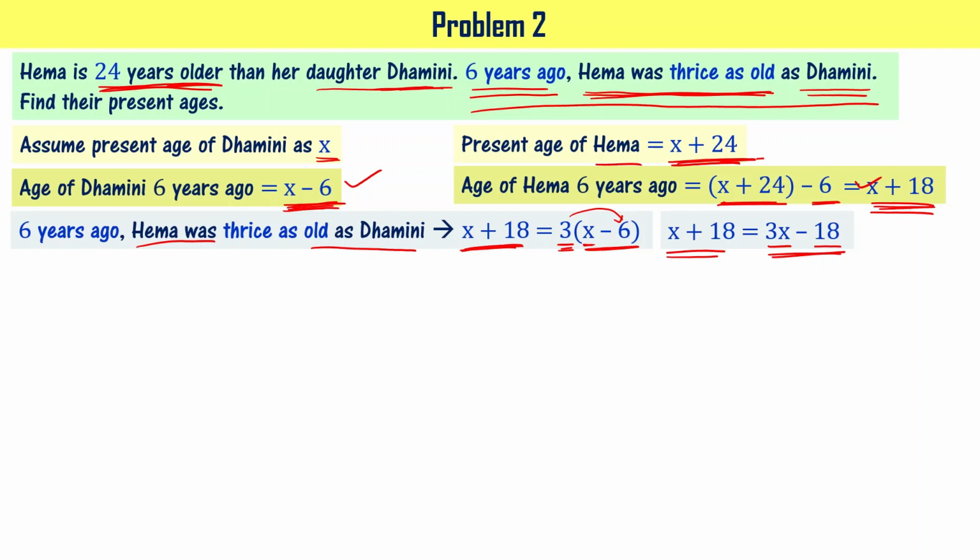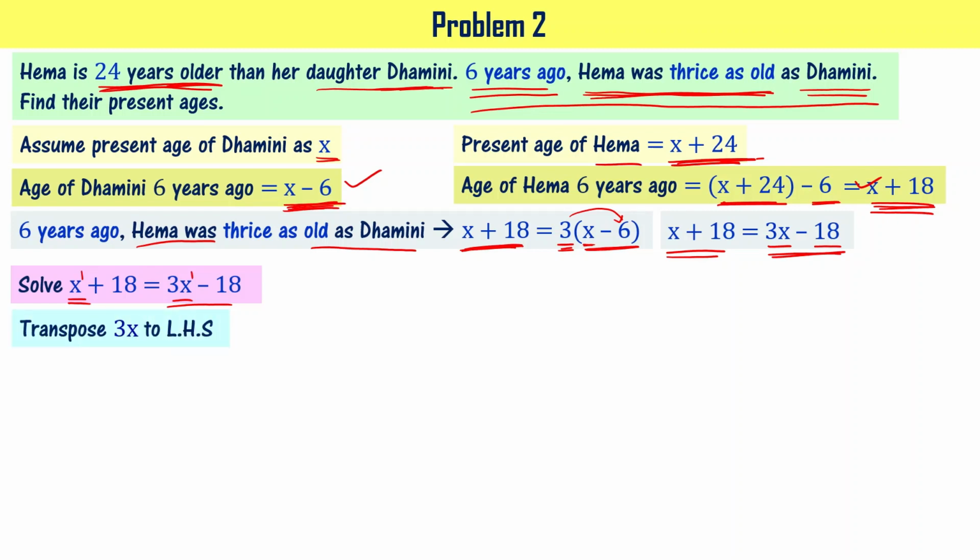We want to solve this equation. When you observe this equation, the variable x is there on both the sides, right? And the power of x is 1 in both the terms. That's why we say that the highest degree of this equation is 1. That's why it is a linear equation in one variable, that is x, and the variable is present on both the sides of the equation, right? Now we want to solve this equation using the transpose method.